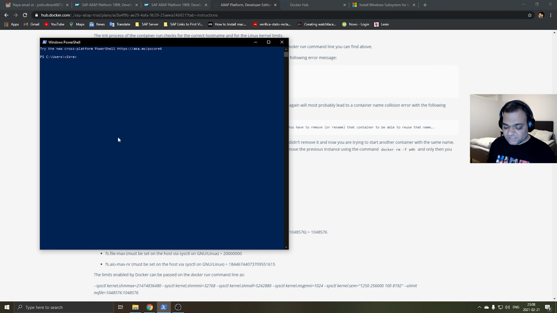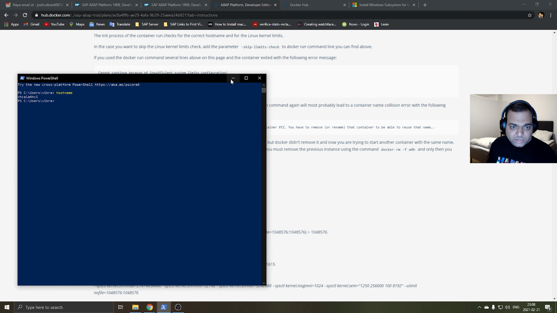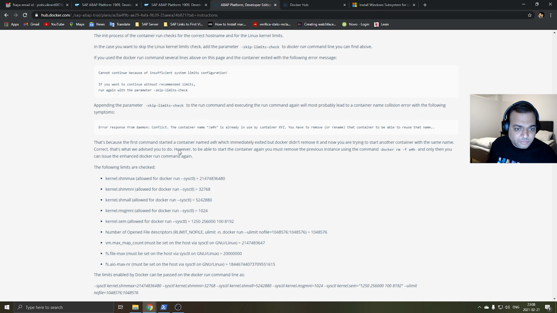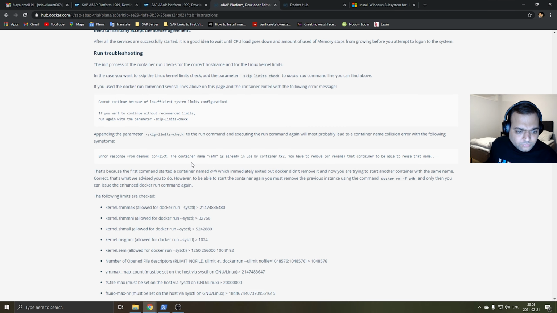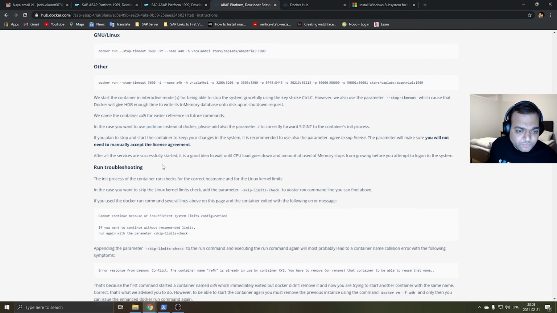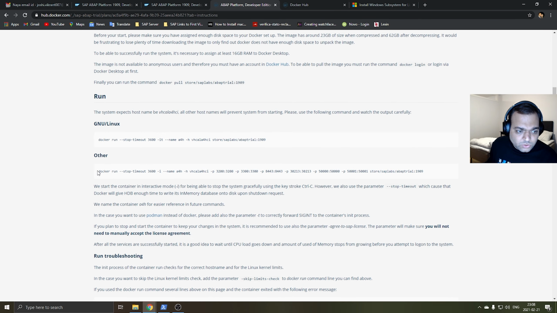So now the computer has restarted. Now let us check the host name by typing hostname in PowerShell, and we can see that the host name which we set is visible here. Now let's proceed. Now we will run the Docker container since we have already extracted it. To run it, we have to use this command.